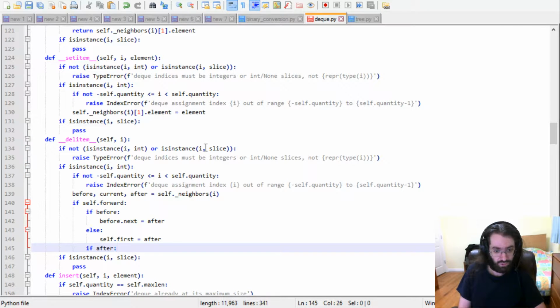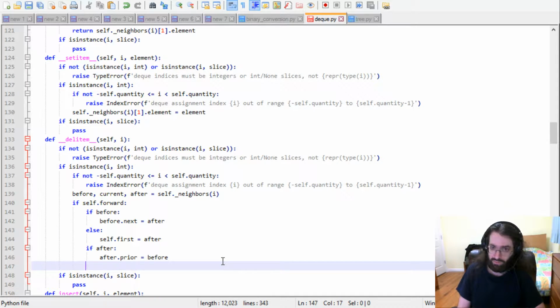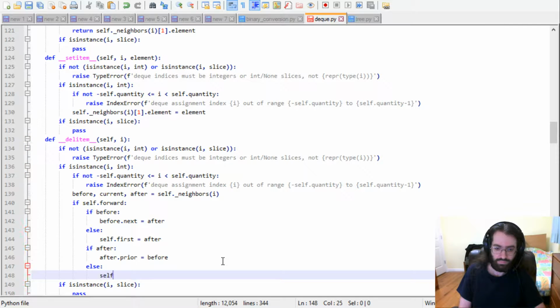If we have a node after, then let's see. Then after dot prior needs to point to the node before, and if we don't have anything after, it means the node before is now the last thing equals